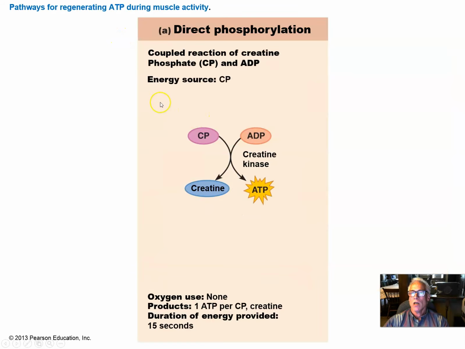So when a muscle goes from rest to starting to contract, there's always some ATP already stored in the cytoplasm or ready in the cytoplasm. That's probably a familiar principle to you. Also, though, in muscle cells, there's another high-energy phosphate-containing storage molecule called creatine phosphate. And creatine phosphate can be used to restore ATP in a very rapid way at the beginning of a muscle